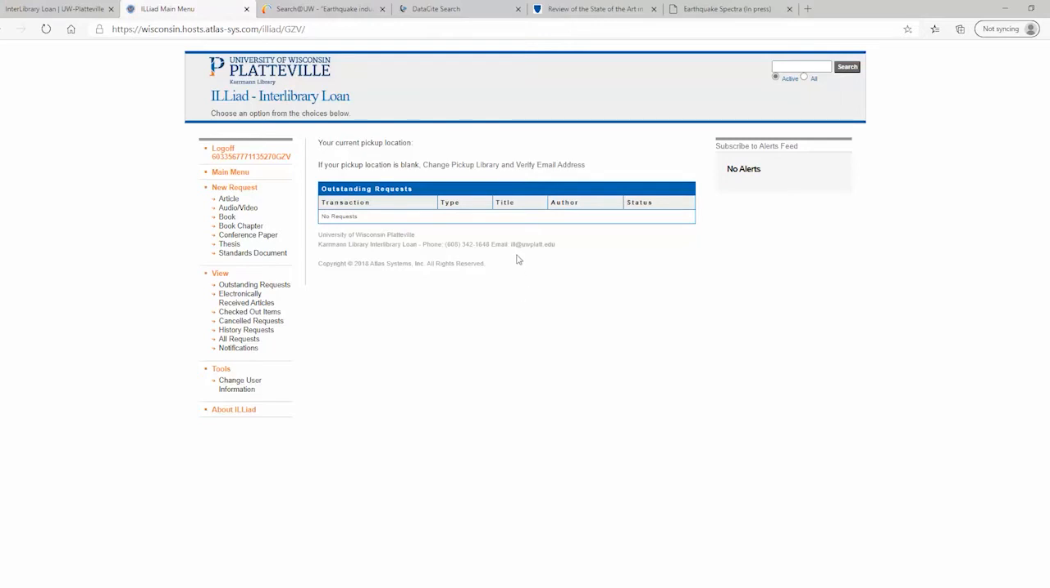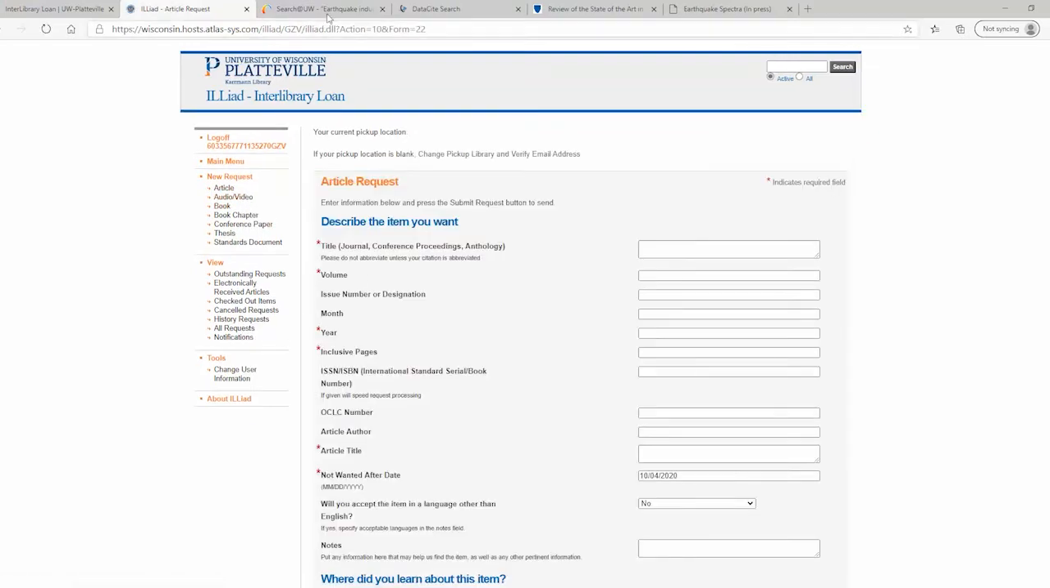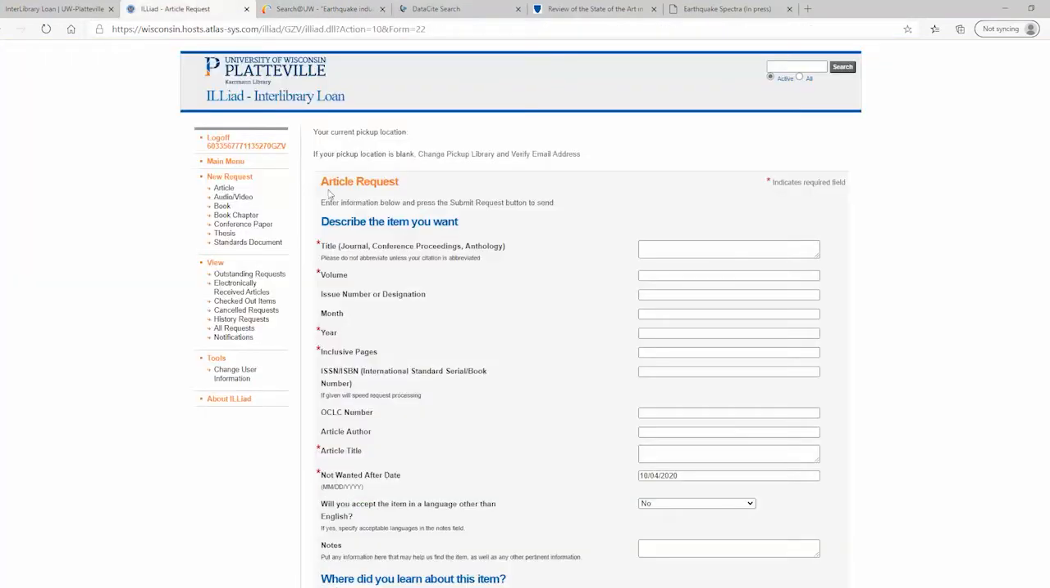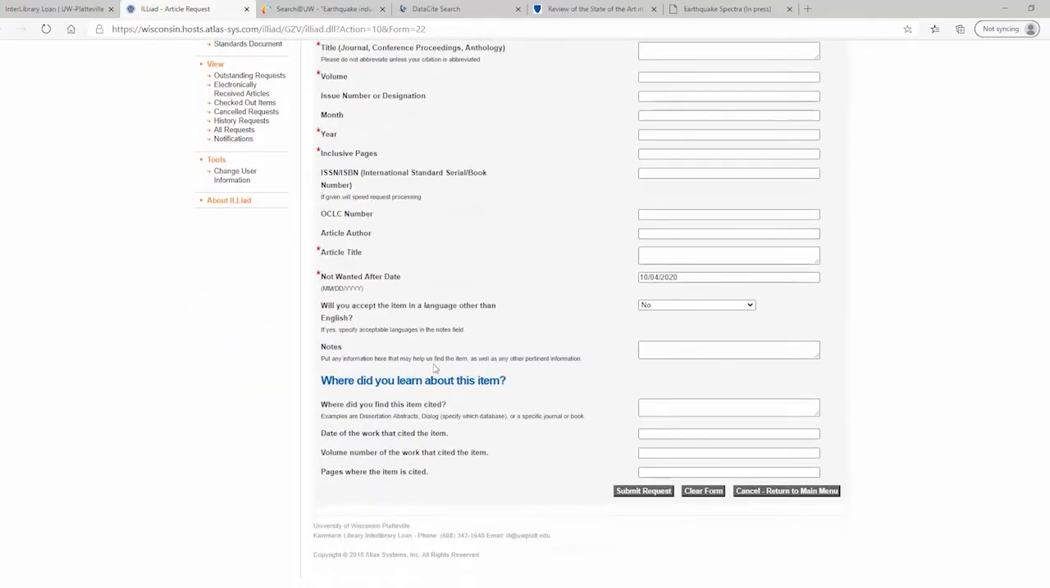And when you're on the ILLiad Interlibrary Loan Request page, what you would do is you would make a new request based on the format of the resource you want. So in this case, we'd go to New Request Article. And when you find that citation information, you would enter that into the fields here. You're basically required to enter in everything that has a red asterisk. And then also say if there is a date after which you wouldn't need it,